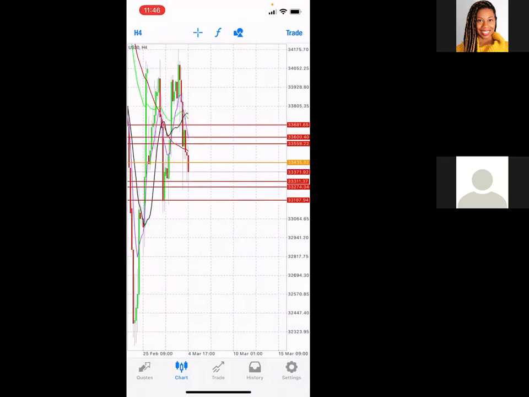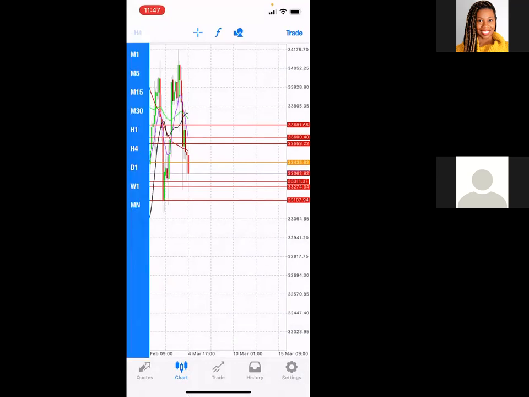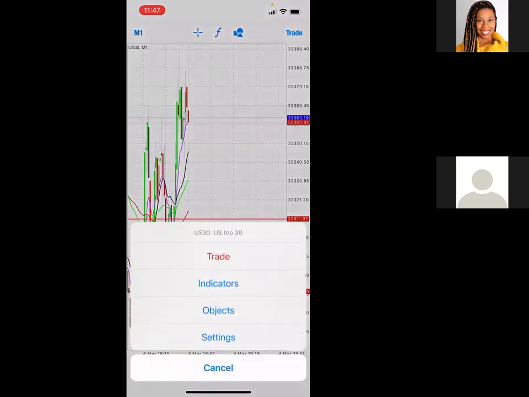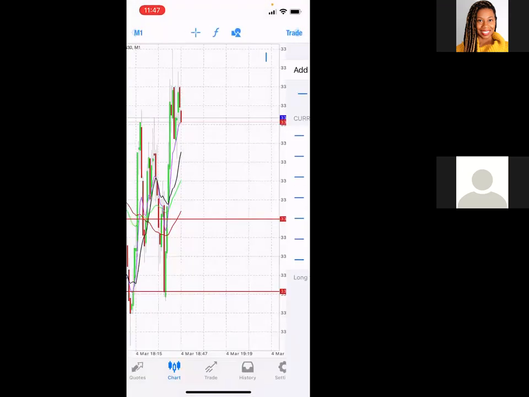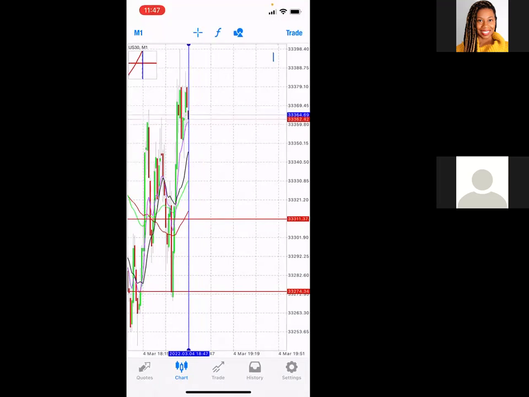Fast forward 15 minutes, I start marking up my 1 minute. So at 9, everybody understands that every candle on the 1 minute represents one actual minute, right? 5 minutes, each candle represents 5 minutes. Yes. Okay. I'm saying that because people don't trade US 30. I'm not trying to be facetious. I'm just making sure. Just simple. I don't know anybody's level.